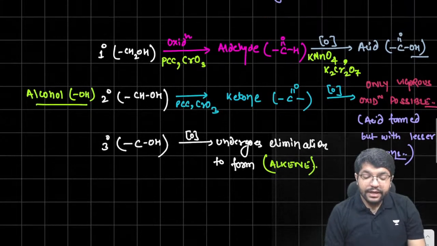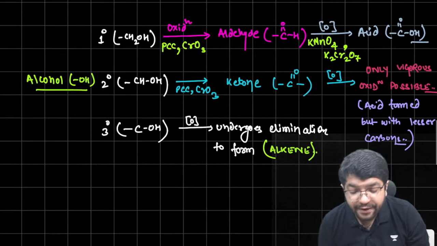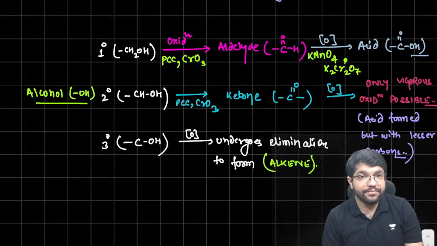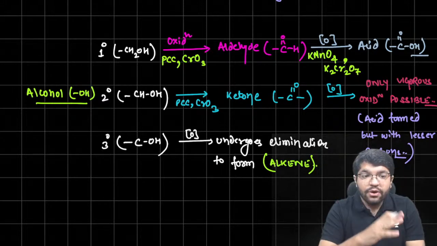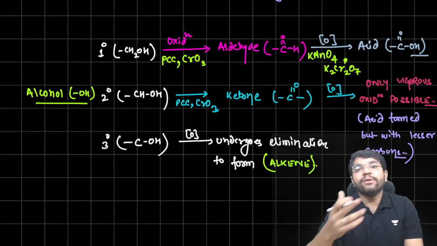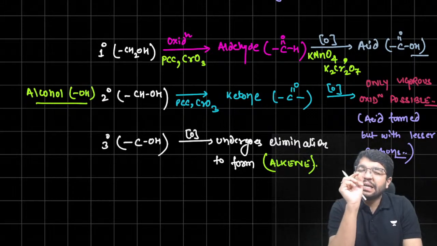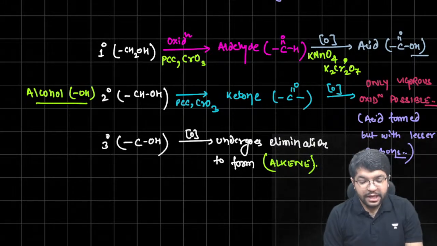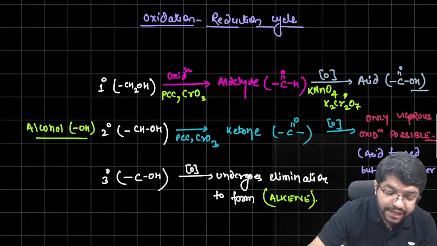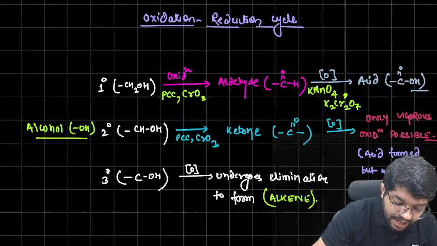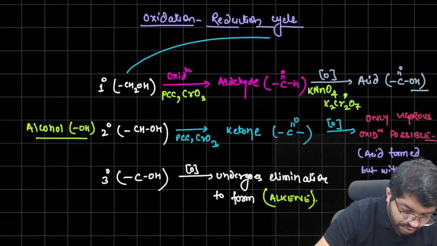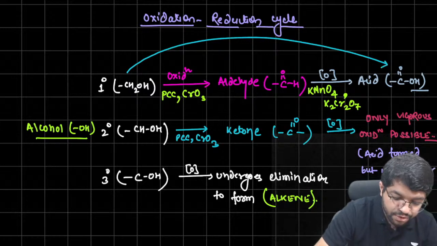Right? Now, this was my oxidation cycle. Alcohol to aldehyde, aldehyde to acid. There's a quick twist to it. I could convert alcohol directly to acid also. Most important,